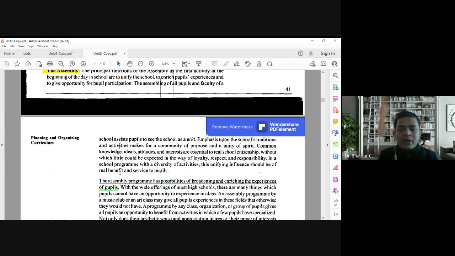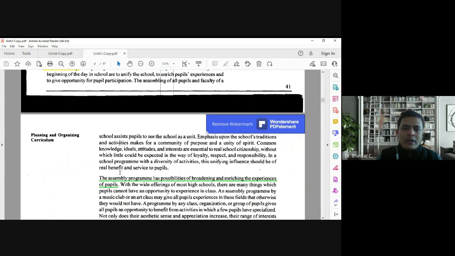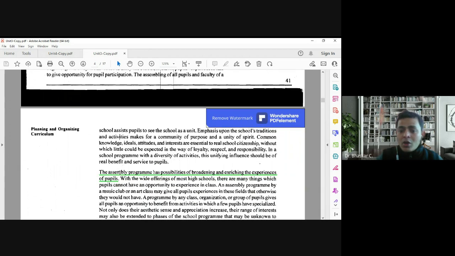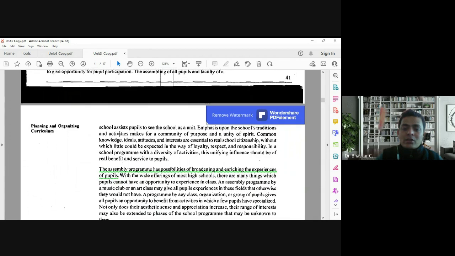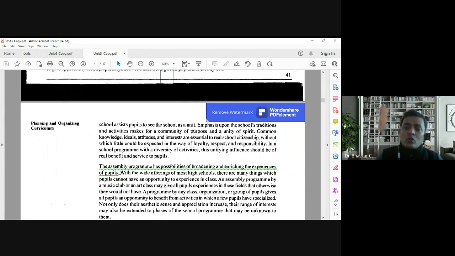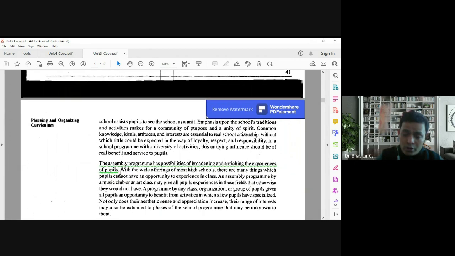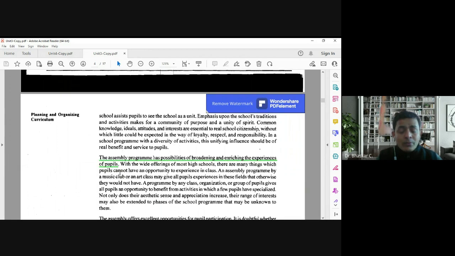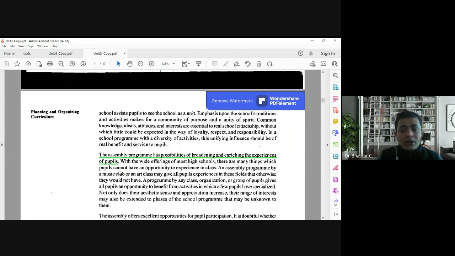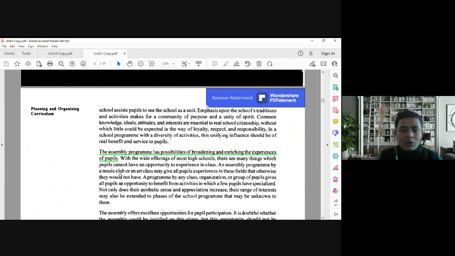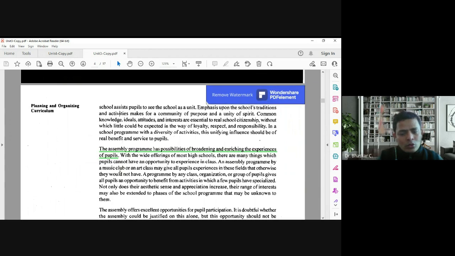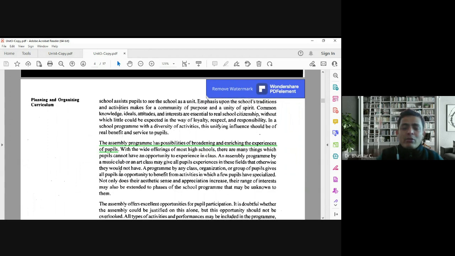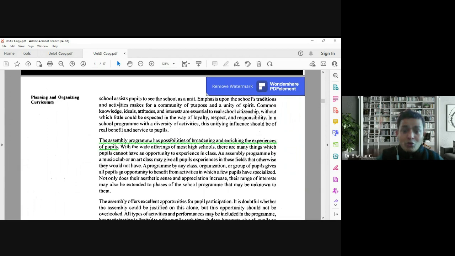In the morning assembly, what you may include, if you are given the charge of organizing a morning assembly in your institution, what you can do is talk about something new that is going on in the world around. You may talk to them about which season, which weather condition is prevailing in those days. Like, suppose this is the month of February, so throughout the world, or throughout your country, throughout the area where you are living, there may be a change or variation in the temperature. So you may just tell them that